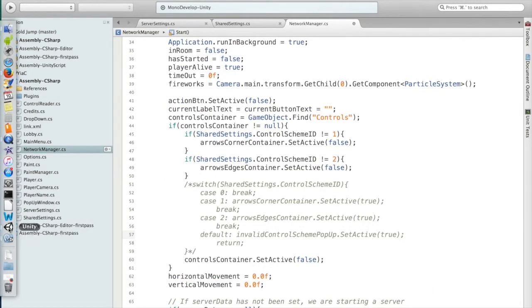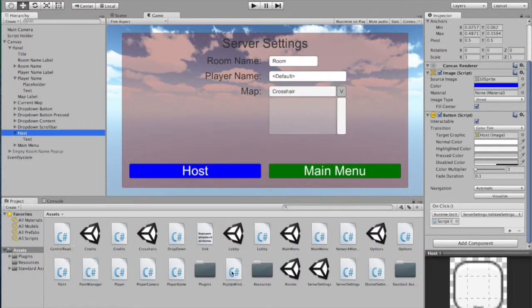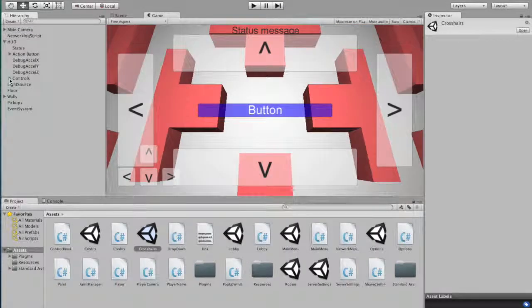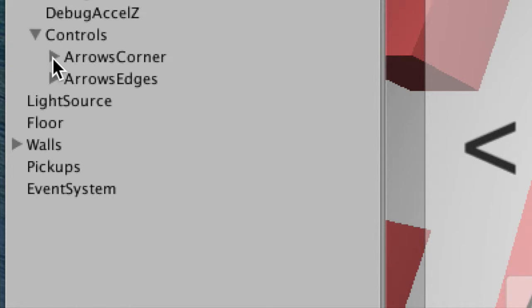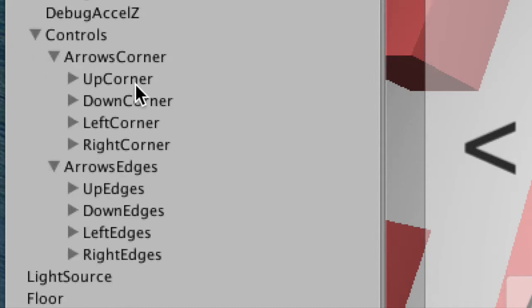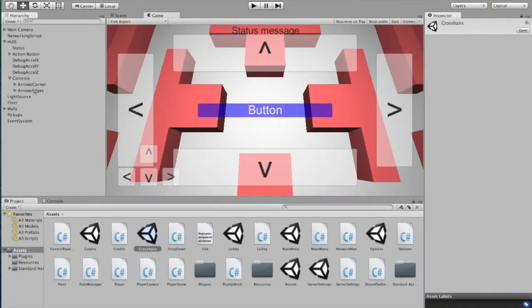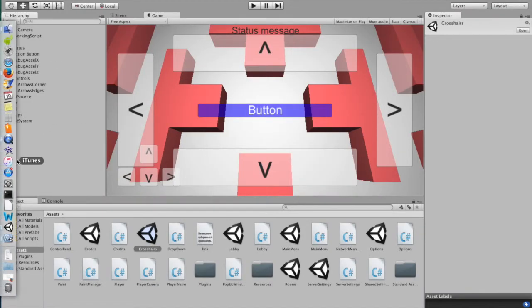So first what I'm going to do is actually show the objects in our scene. Here we are. You can see these are our controls, and you can see that each set of controls I've grouped in a single object. This is the key to deciding what's active. You need one parent game object to essentially contain all of your objects you want to make appear or disappear all at once. So now that maybe you can get a grasp at how this works,